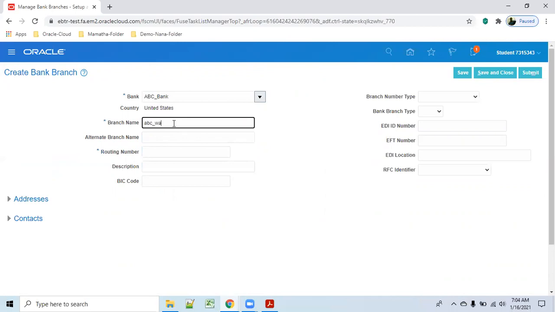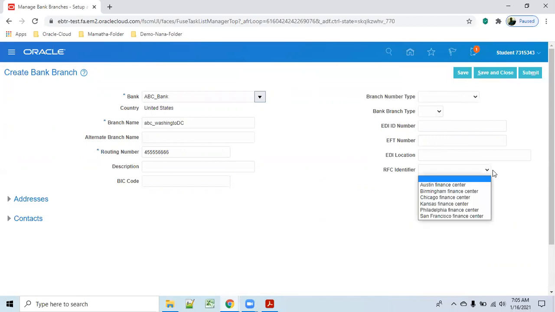Washington DC. Okay, routing number. They're having some numbers for each branch. Branch number type, bank type, chips, Swift, ABC.